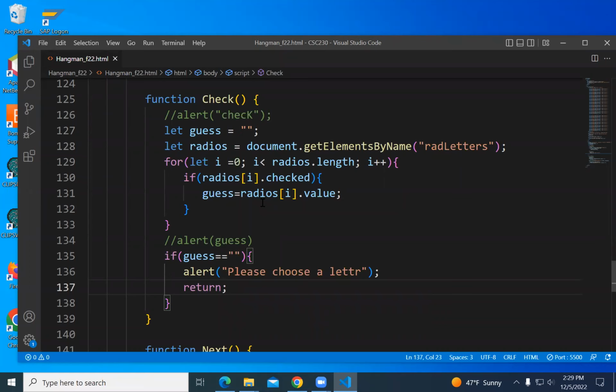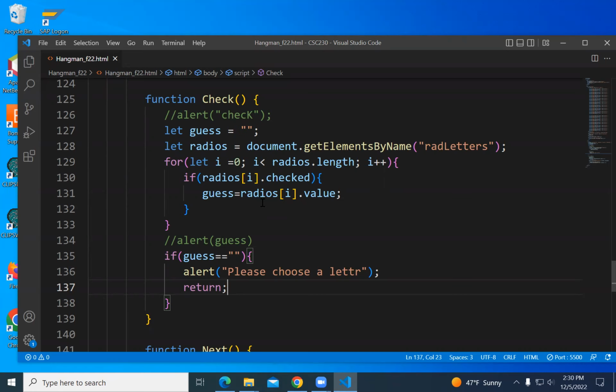Now, how do we want to handle it when they have guessed a letter? They're smart and they're going to guess the letter E, because E is in a lot of words. It's the most common letter. And we want to prevent them from guessing E again if they've already guessed E. Doesn't matter whether it's in the word or not. If they guess it, I want to not allow them to repeat that guess.